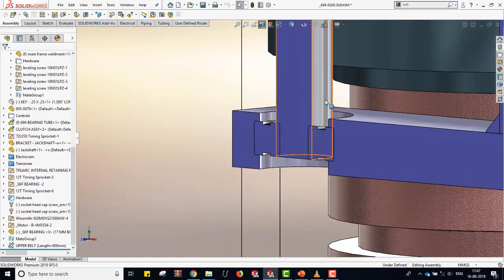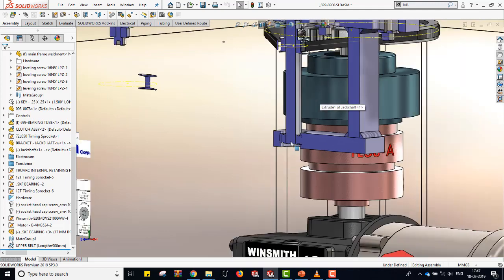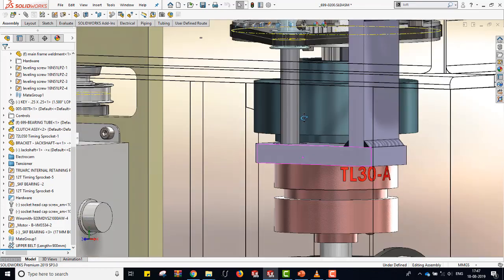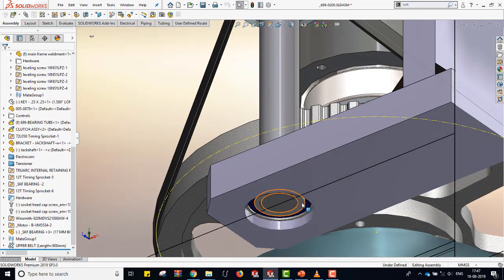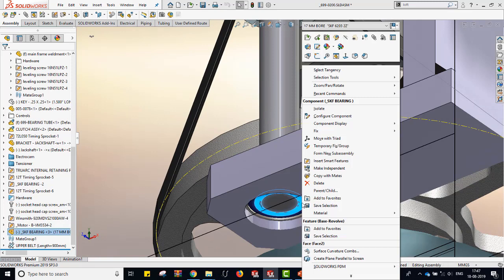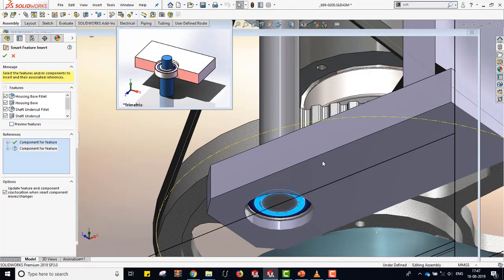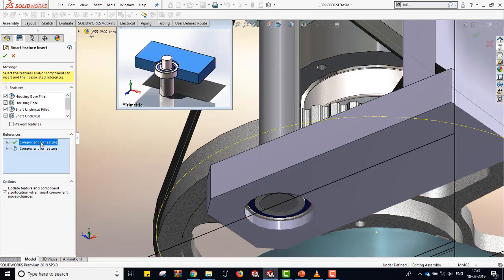Not only the proper bore, I need to trim down my shaft also. So making these types of components smarter will help you in lots of these areas. So what I'll do is, let me just quickly go back to the bearing, simply right click over here and say insert smart features. So when I say insert smart features,